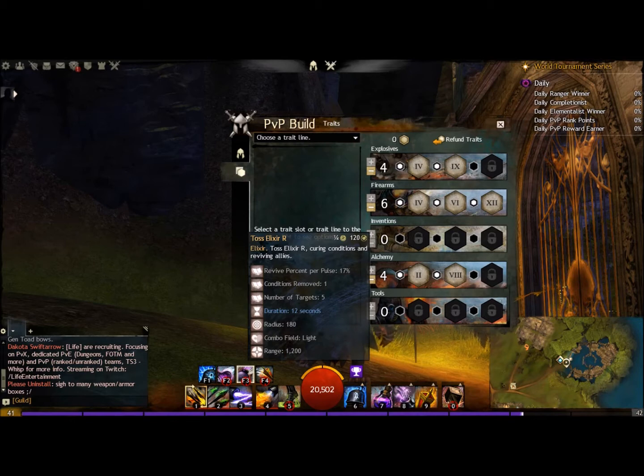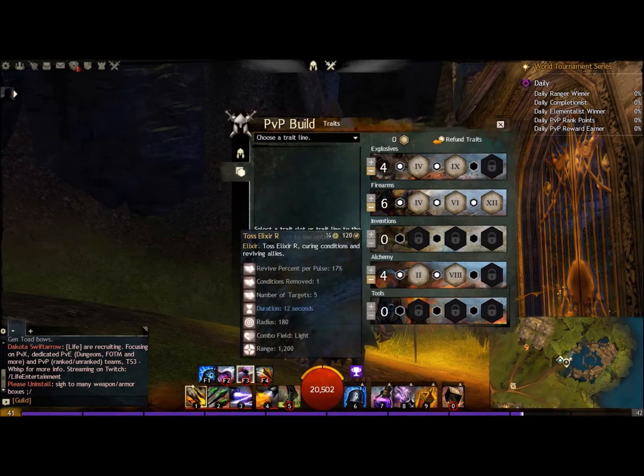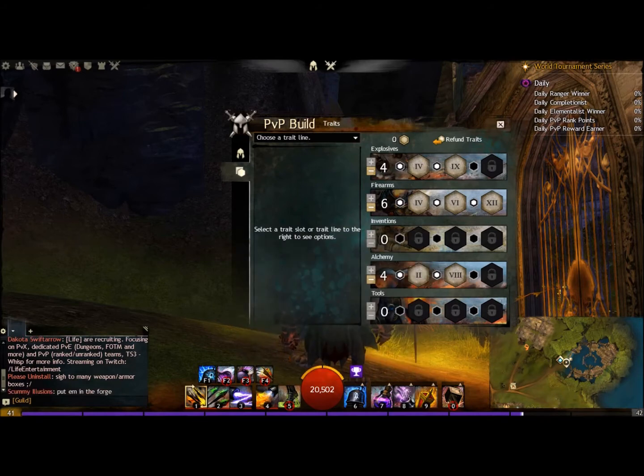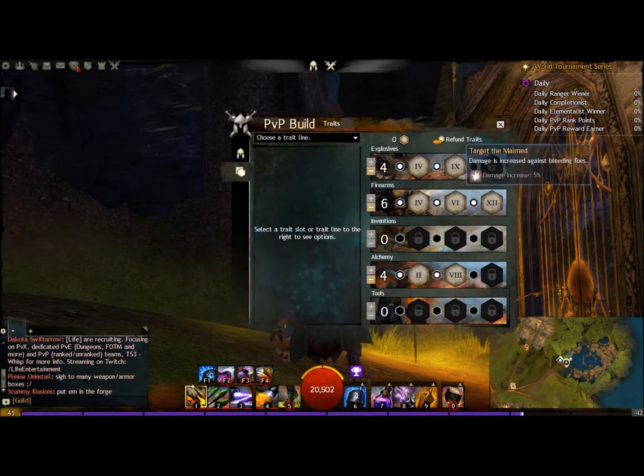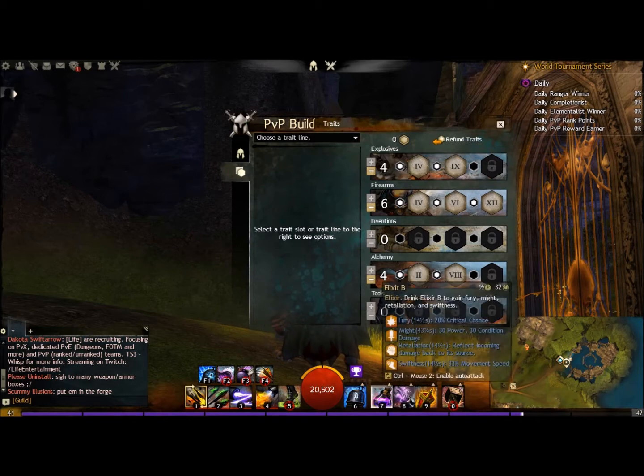And you also remove a condition, and the number of targets for this will be 5 in a radius of 180. And it's also a combo field, so for light, when you use a jump or someone uses a jump finisher, they'll actually get the nice, I think, retaliation or light shield or something like that. I don't know. Can't exactly remember the name of it, unfortunately. But also, that being said,